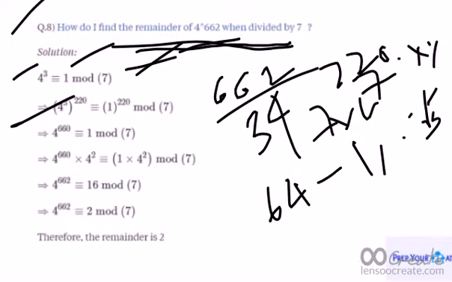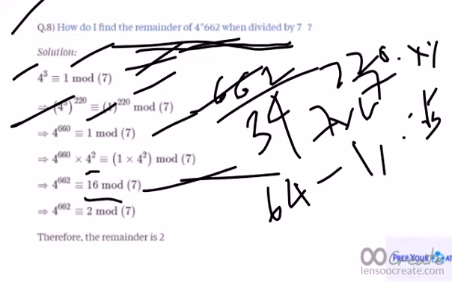Don't think about the decimal part, you just need to find the quotient. Now raising to the power 220 on both sides, we get 4 raised to 660 is congruent to 1 mod 7. Now we need 662. Multiplying 16 on both sides, that is 4 square on both sides, we get 16 mod 7. Now 4 raised to 662